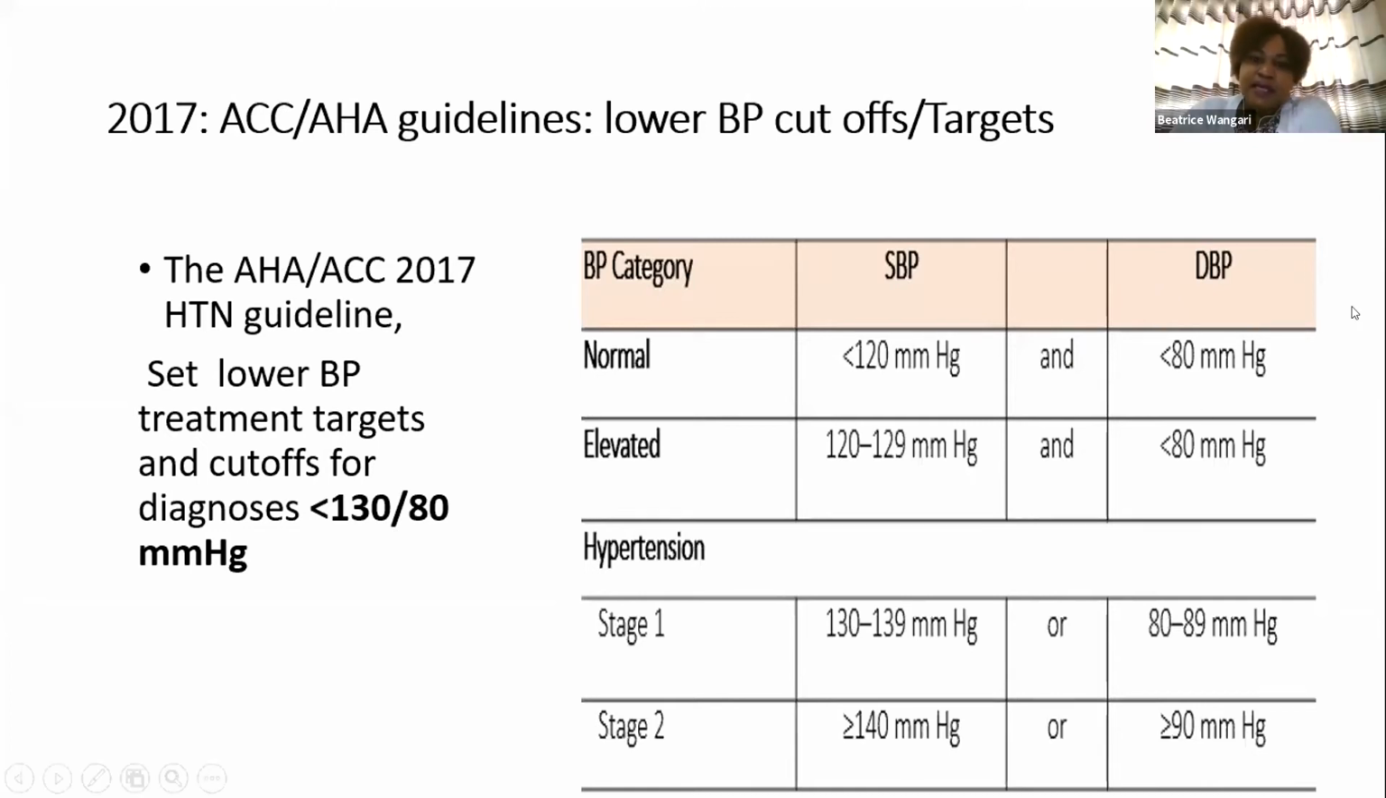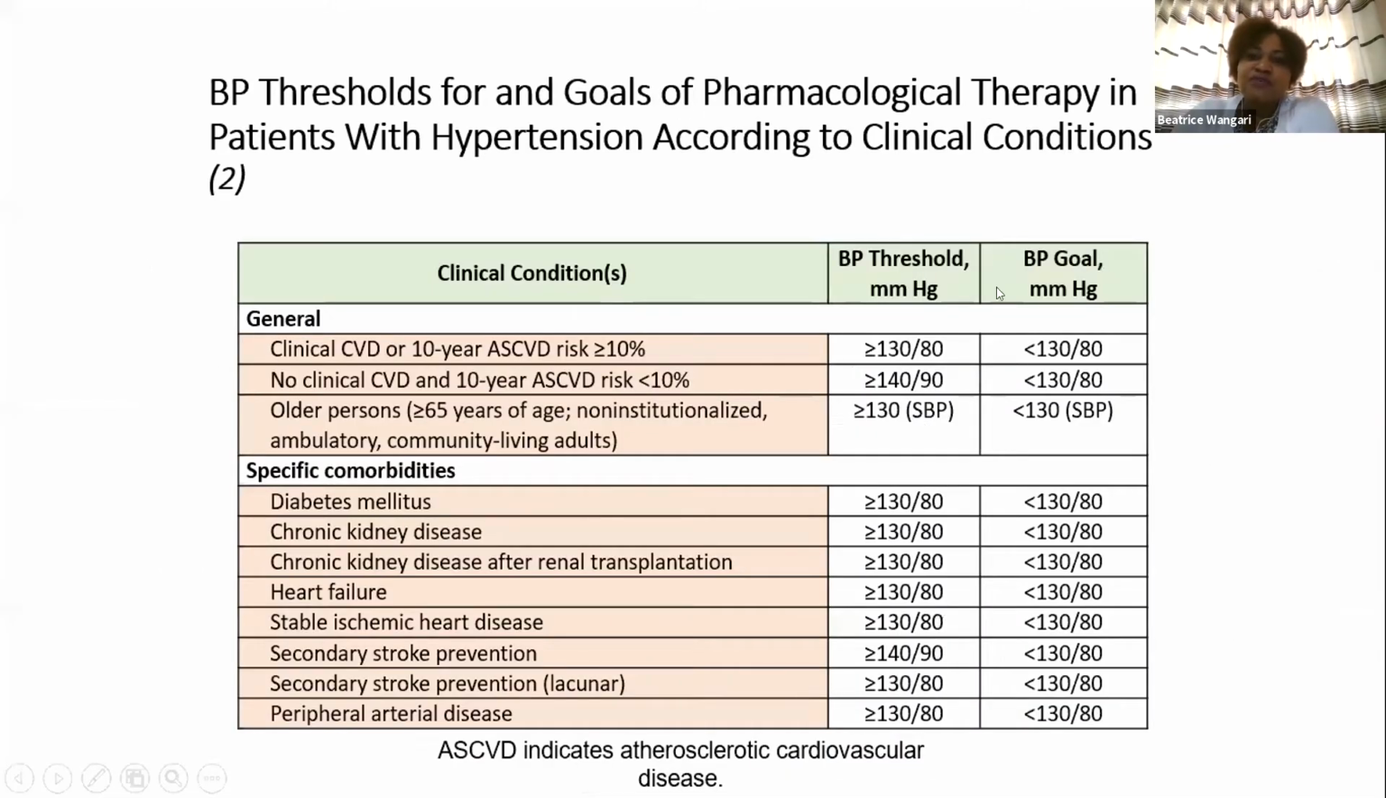And anything above 140 over 90 would basically be stage 2 hypertension. And you can see the cutoffs and treatment goals went down for almost all the categories of patients, except for those who had a much lower 10-year cardiovascular risk. But for the majority of other patients, the treatment targets and cutoffs for diagnosis went down to 130 over 80. Now, you would have thought we'd stop there, but